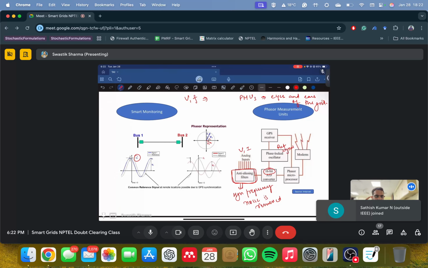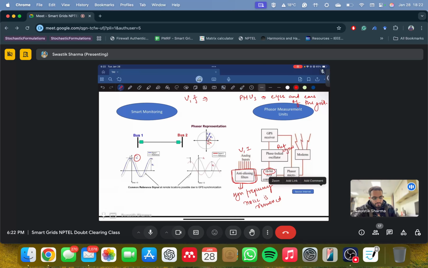So what we do is we use a global positioning satellite which tells you the time, and then timestamp that with the phase of the system, right? So your reference signal and your digital signals are then phase locked, and these are sent to a microprocessor which performs mathematical manipulations, converting them to phasors. These phasors are then sent to modems, which transmit them to different entities. So this is a communication system, and they send it to operators.